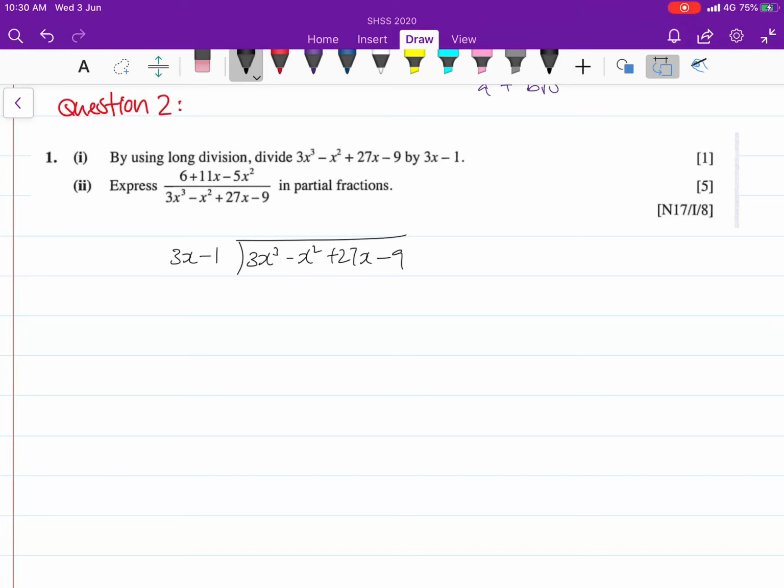So I divide 3x cubed minus x squared plus 27x minus 9 using the long division. Now our objective is to remove the first term here, which is 3x cubed, with 3x. Now how am I supposed to do that? I multiply by x squared, I will get 3x cubed minus x squared. Perfect. So minus bracket of this, I'm left with nothing. I'm going to bring down my 27x